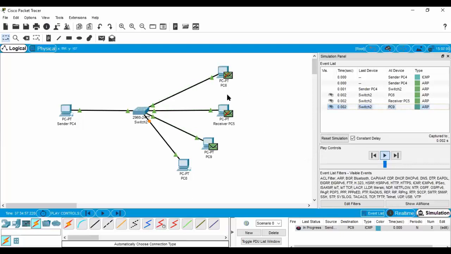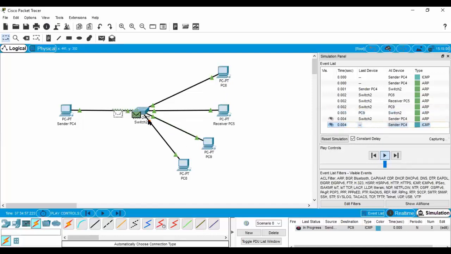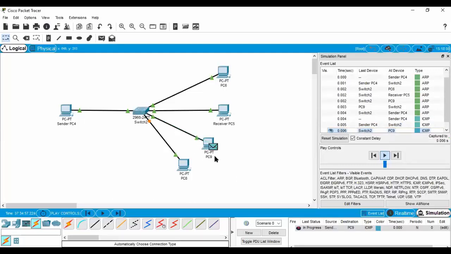Yes? So the other ports reject the packet when they receive it, and the acknowledgement comes back from PC9. And now the MAC address of this PC gets registered by this switch, which will perform unicasting. And you can see now the packet is sent directly to PC9 without any delay.